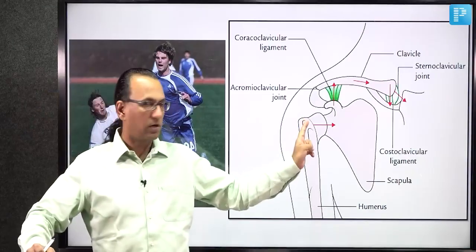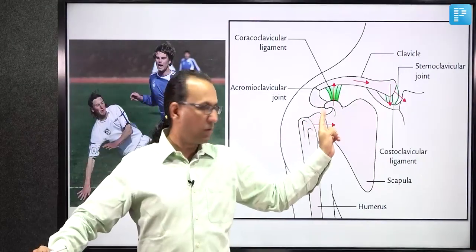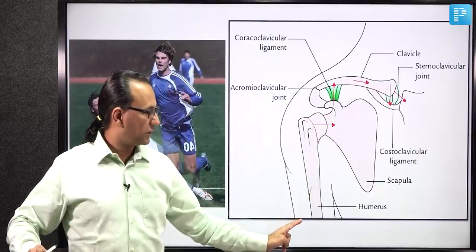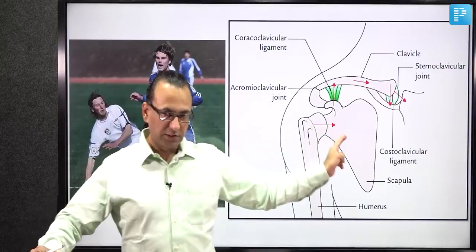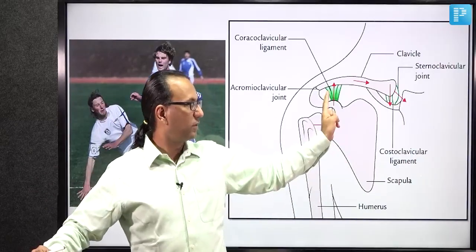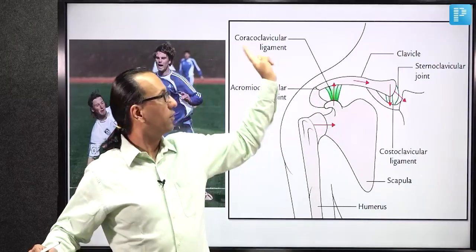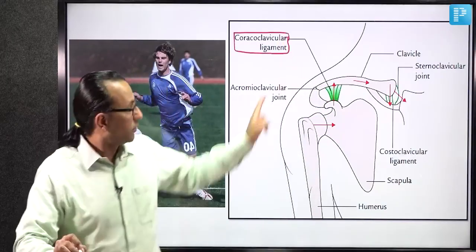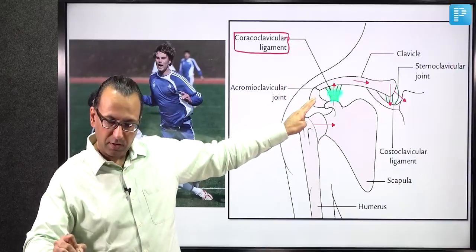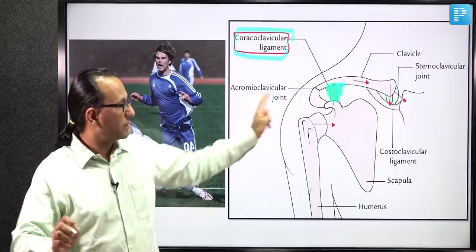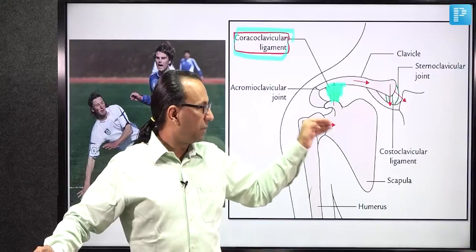There is involvement of some of the ligaments, and one of them is the humerus sending the weight towards the scapula, which will then transmit it towards the clavicle. That is the most important ligament here, which is called the coracoclavicular ligament. So here is the coracoclavicular ligament, as you see, which is for the transmission of the upper limb weight towards